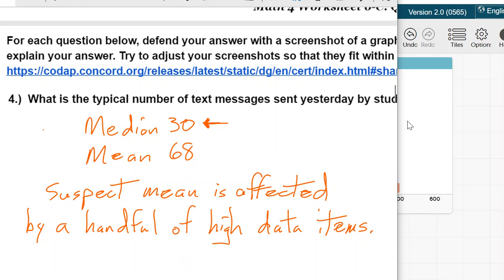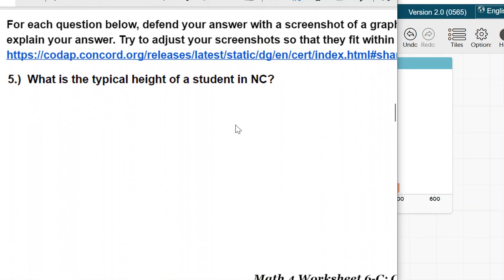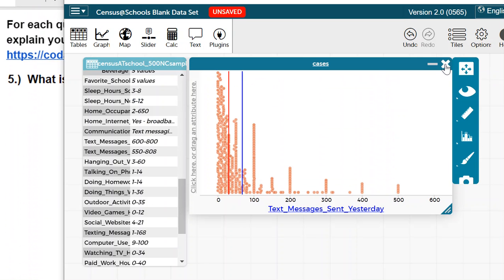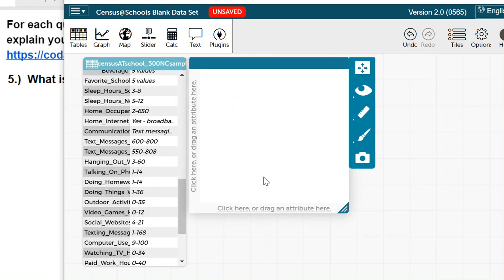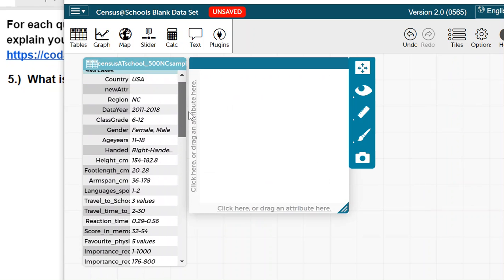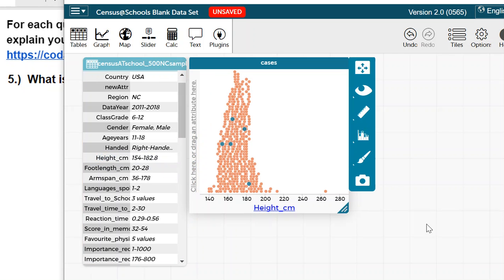All right, so we're going to move on to the next one. What's the typical height of a student? Now we're going to run into some similar issues here, because again, you're noticing that we're not dealing with categories anymore. We're dealing with something that is measured in numbers. Now, I want to point out something. We wrestled with this in class earlier today,